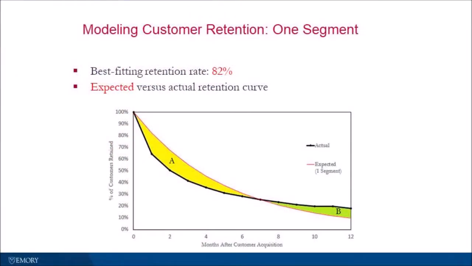Now with one segment, we would basically infer that the best fitting retention rate per month is 82%. So if we just look at a chart of the actual retention curve, which we show in black over here, against the expected retention curve, which is what we show in red, we can see that the model doesn't fit very well at all. Basically, we overestimate what retention is in early periods, and then we underestimate retention in later